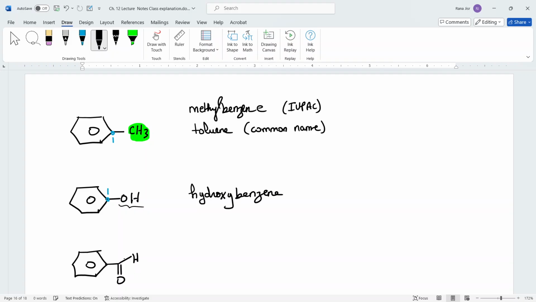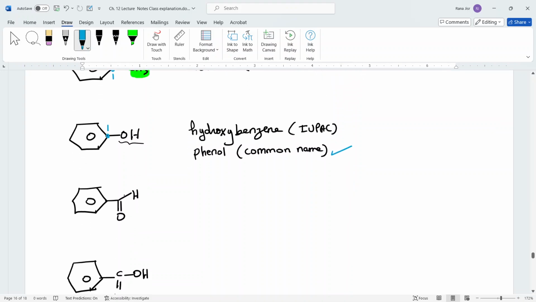No space in there between hydroxy and benzene, and that is going to be the IUPAC name. However, we go with the common, and the common is called phenol. So that is going to be the common name. We know it more with the common than the IUPAC. So toluene is known more than methylbenzene, and phenol is known more than hydroxybenzene, and these you are responsible to